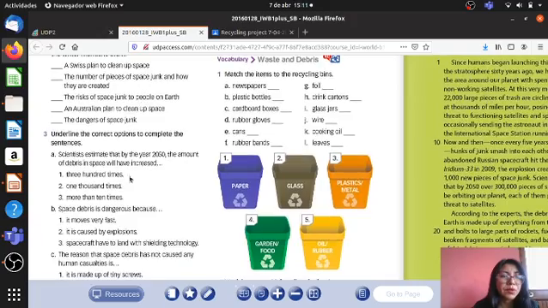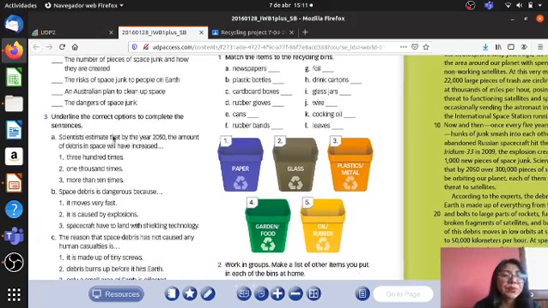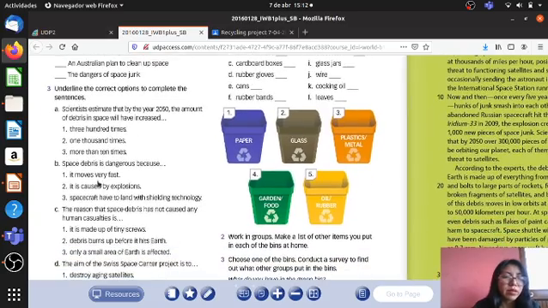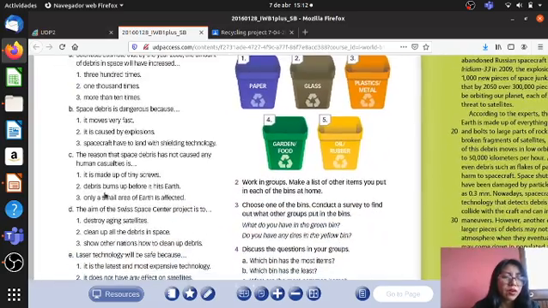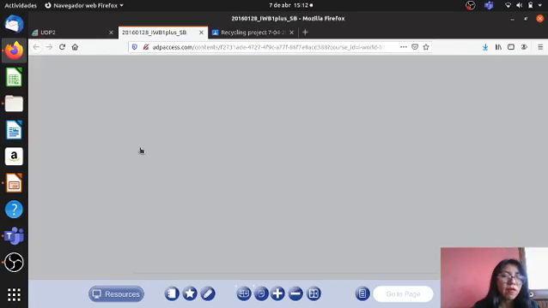In the exercise number 3, underline the correct option to complete the sentence. That is the same. After your reading, you are going to read the title and you are going to choose the best option of the sentence. You have to complete the sentence. That is the first part and that is the second part of the sentence. You are going to find the correct answer in the reading. You are going to do the same in 1, 2, 3, 4, 5. You have 5 sentences that you have to choose the best option.